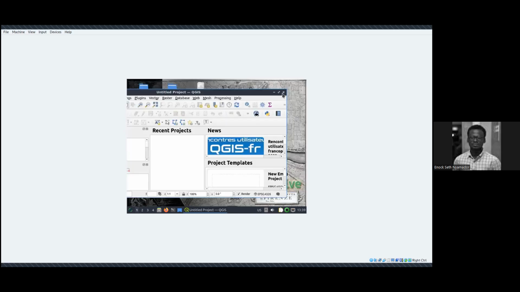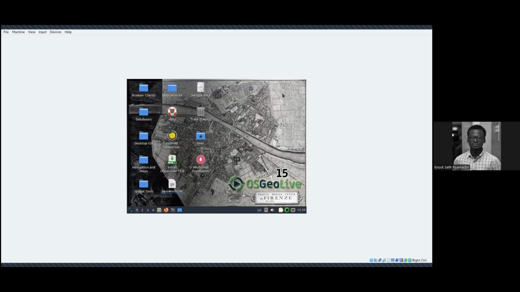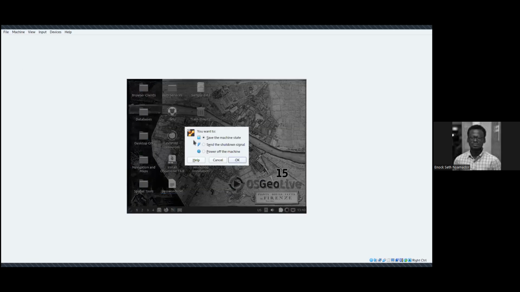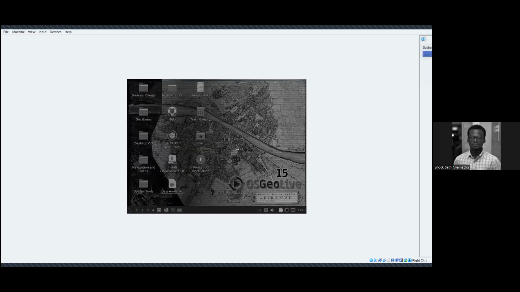Now, the only difference between the ISO and the VMDK, that is the virtual disk image, is that some data packages and some things that occupy space were removed from the ISO to make it super lightweight. But with the VMDK, it's much bigger. It's a complete disk on its own with many details. So I shut down this machine again, and we can now use the VMDK. I didn't want to save the state. Okay. I go to machine, close.